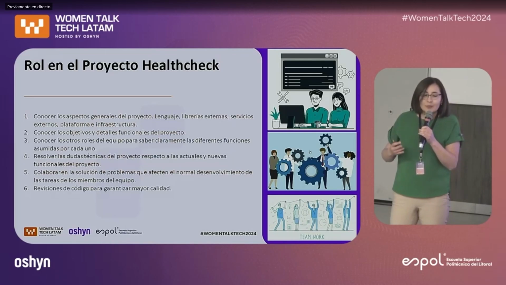What we have to understand is that as technical leaders, we need to be aware of the goals, the objectives, and the functional details of the system, because to develop, we do not have to wait. I mean, we need to know what we need in order to propose new improvements, ideas, and development.